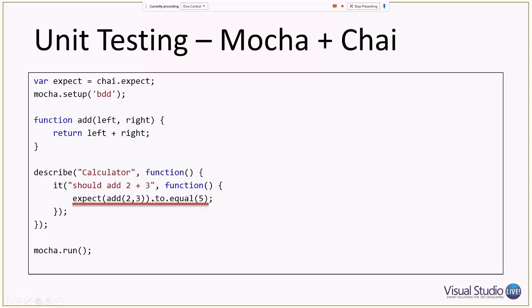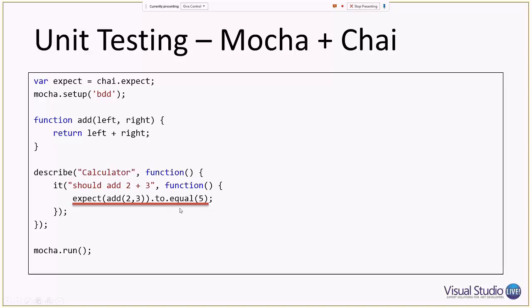So in this case, we say .to.equal(5), and there's many others that provide that same sort of fluent nature. Like to.be.truthy is one of their ways to describe something that's JavaScript's representation of true or not null,